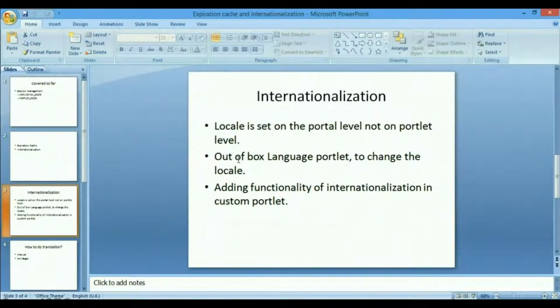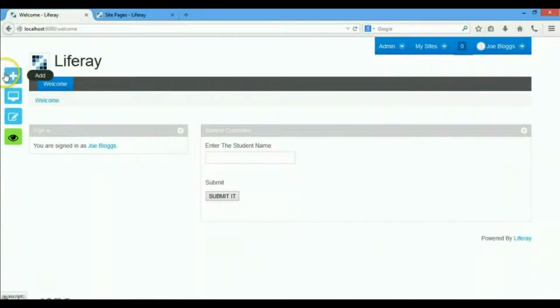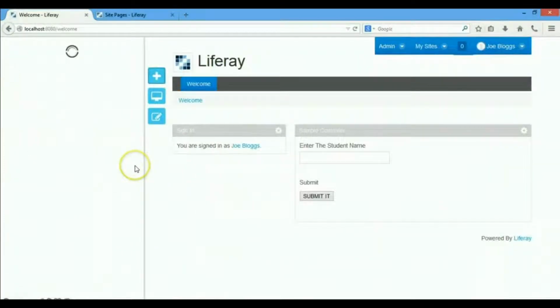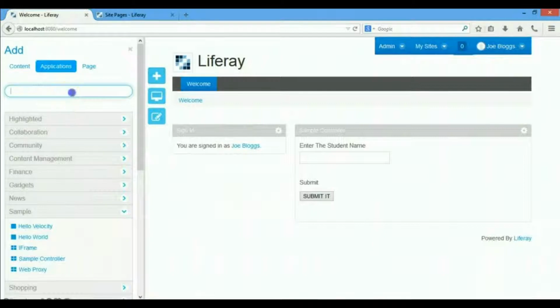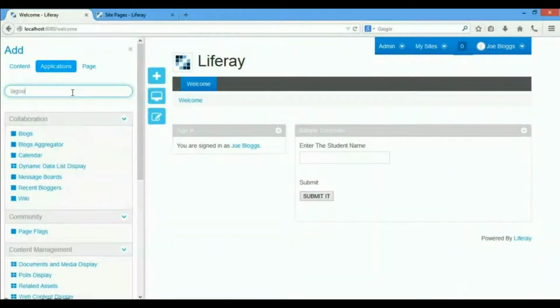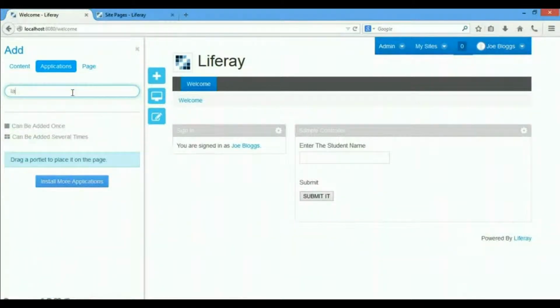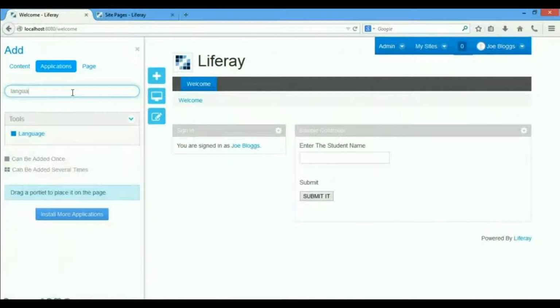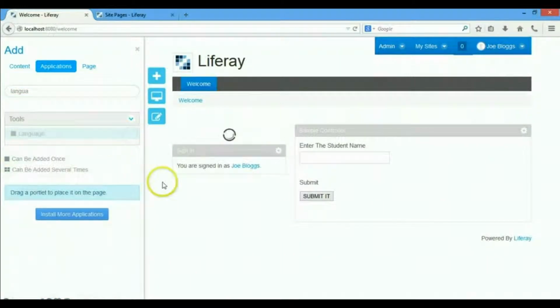To change the portal locale, there is an out-of-the-box portlet which they have built and given out. That is the language portlet. For that, you just need to go over here and search for language, and here comes the portlet.